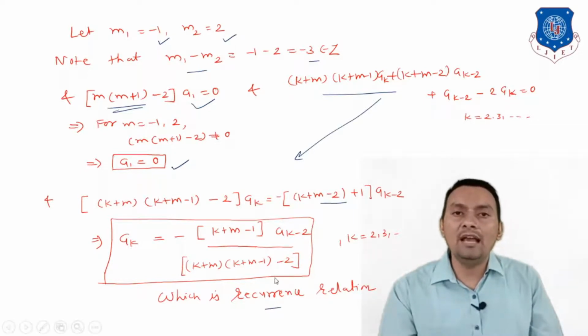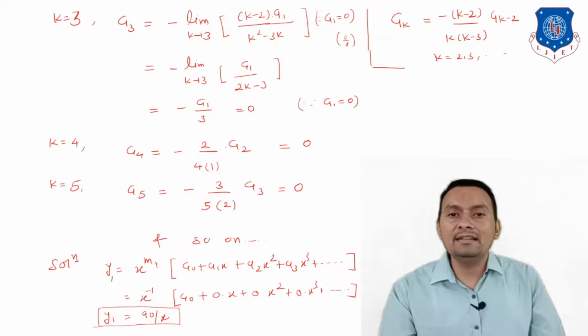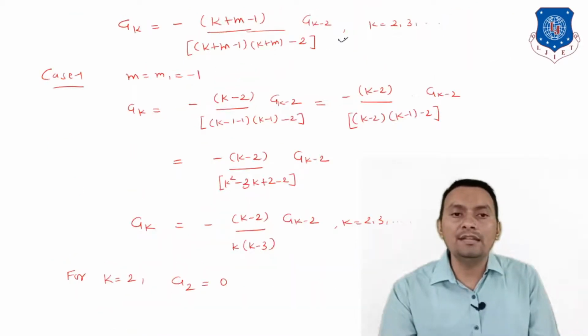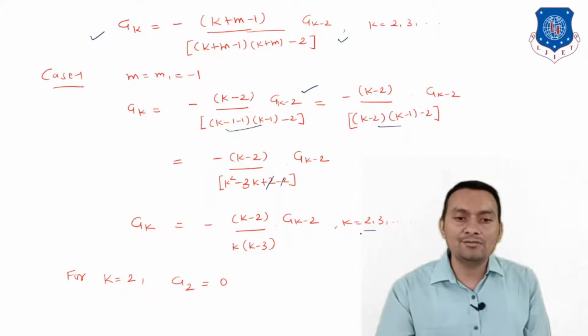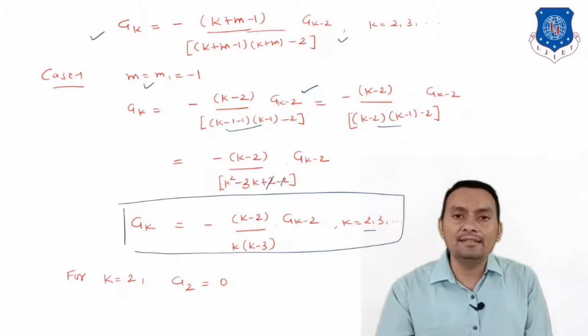But now the thing is that we have to determine what will be the coefficient when m1 is equal to minus 1 and m is equal to minus 2. So let us first consider the recurrence relation, that whatever we have written in the previous slide, that is the same. But now if I consider case number 1, m1 is equal to minus 1, and after simplifying you will get this one, k minus 2 divided by k times k minus 3, and minus is there, a_{k-2}, and this is our recurrence relation when we talk about that particular case, m1 equal to minus 1. So let us put first k equal to 2, so what you will get, 2 minus 2, that is going to be 0, so a2 is equal to 0.